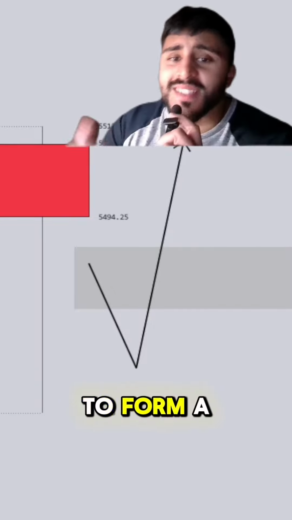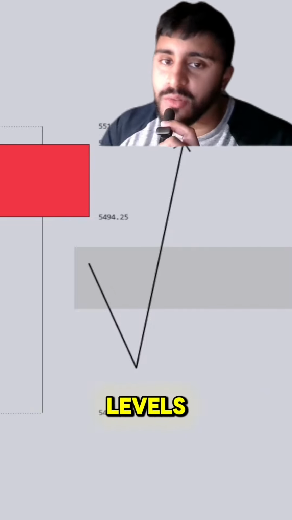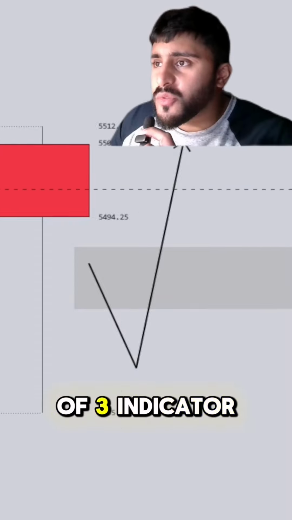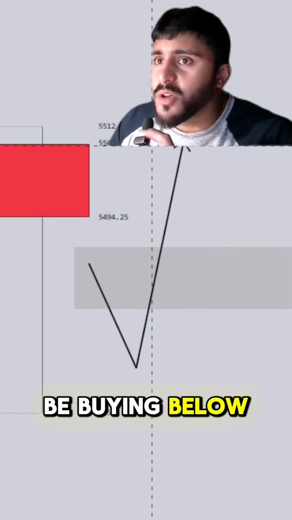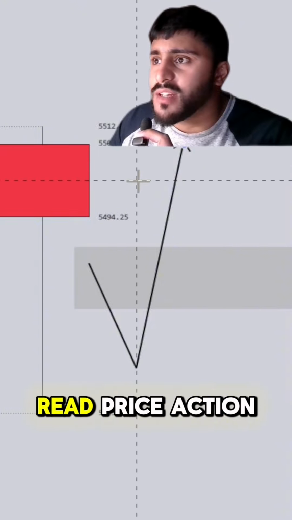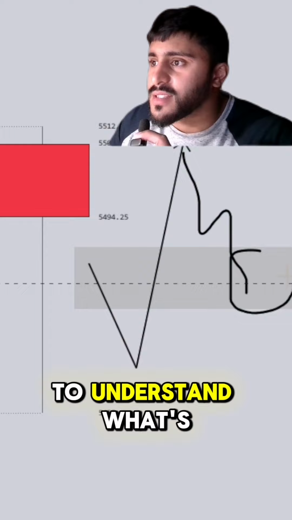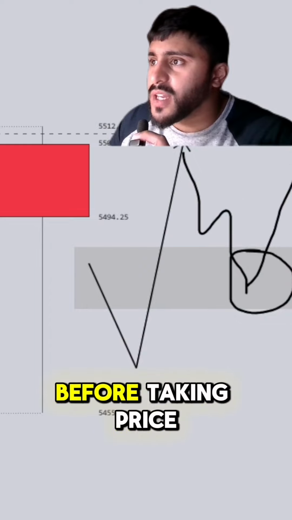If you're struggling to form a session bias, it's because you're not reading the order flow at certain key levels. So I always use a power of three indicator and I want to be buying below the opening. But a lot of traders make this mistake of not understanding that you need to read price action when price comes down into this area, and you need to understand what's going on over here before taking price to the